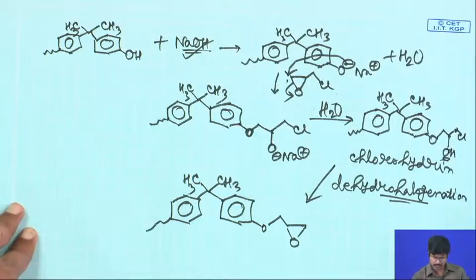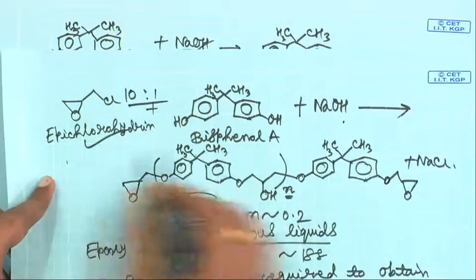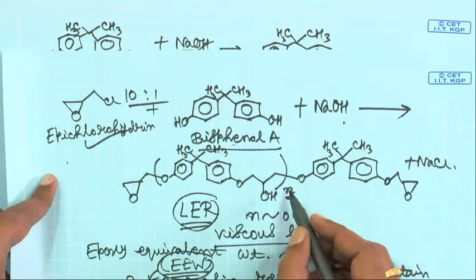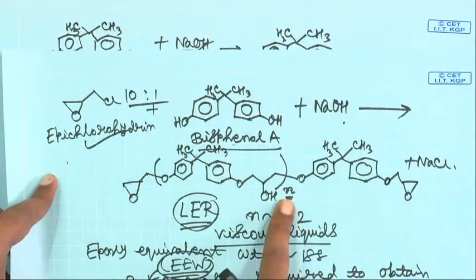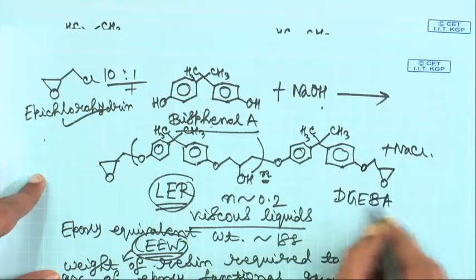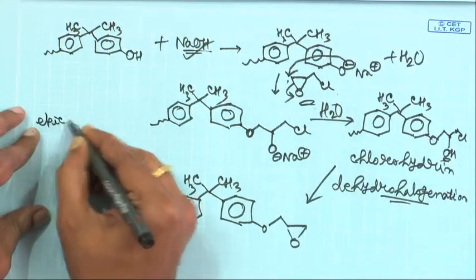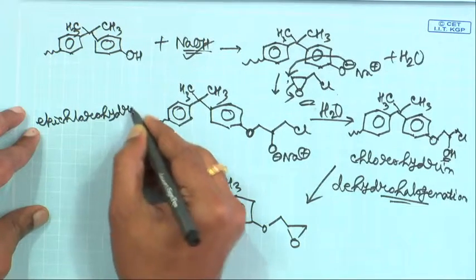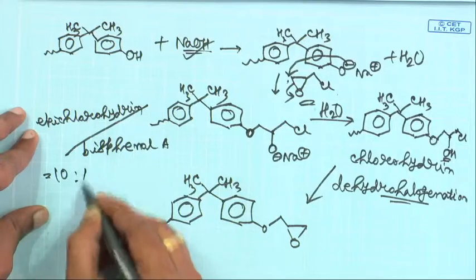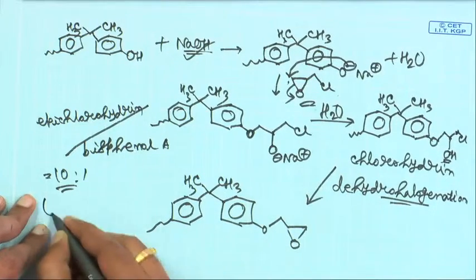Now, something that you should keep in mind, and that I also told you, is that usually you are going to use 10:1 of epichlorohydrin to bisphenol A. A high ratio of epichlorohydrin to bisphenol A has to be used in order to minimize the value of N. In other words, in order to maximize the yield of diglycidyl ether of bisphenol A. And in fact, here if you are using epichlorohydrin to bisphenol A, this ratio,